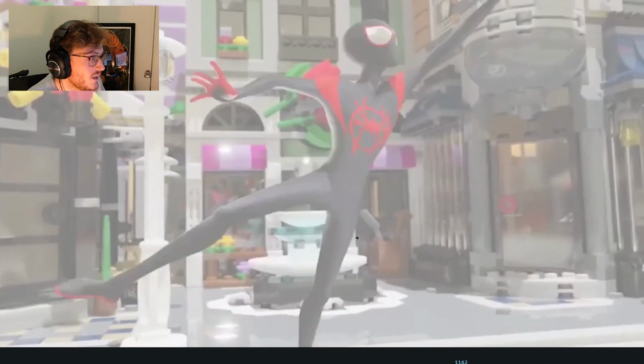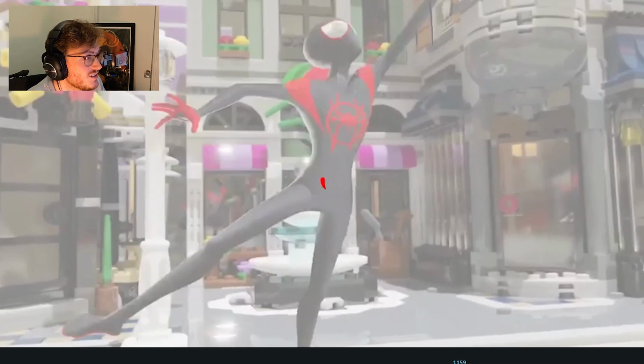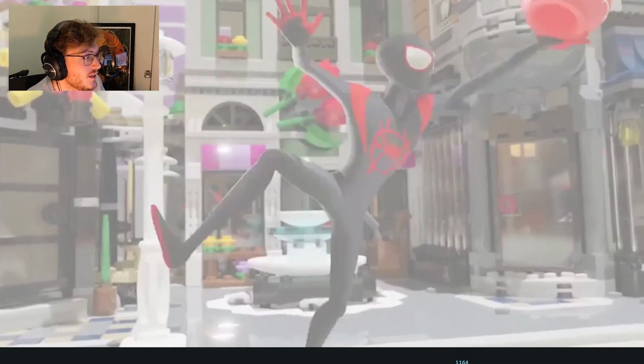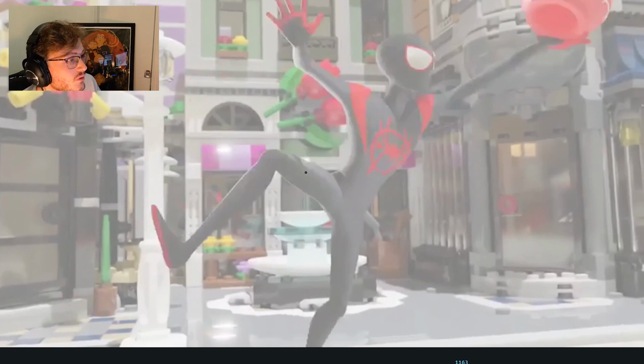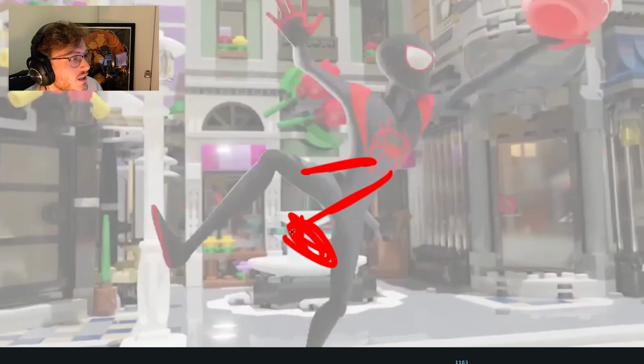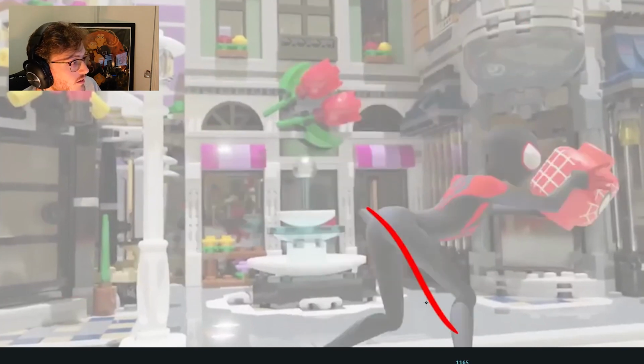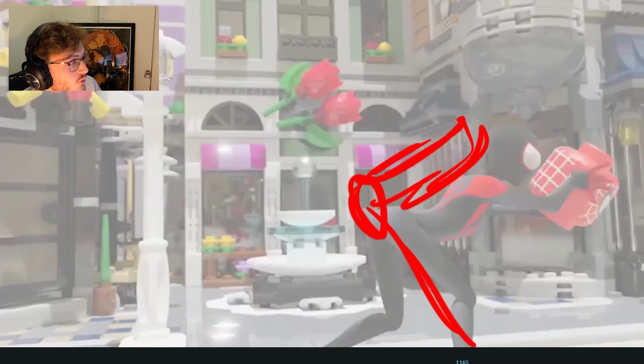Overshoots. I like the weight here, so he reaches, hangs, and then starts to come down and catches. And then he slightly overshoots. I feel like in here, I probably would have had the leg reach over more, so that he's about to catch his leg. Like he wants to catch his weight a bit more here. And then I would have had the body maybe slightly follow through a bit more.